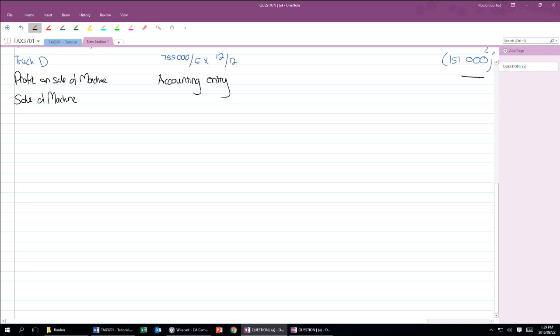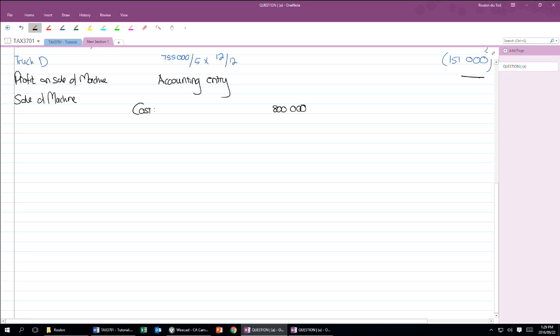Right, so the sale of the machine. Okay guys, so how we do the sale of the machine is we always start with the following. And this is a process that I would recommend that you follow. It works as follows. You always start with the cost of the machine, which they gave us in this case as being